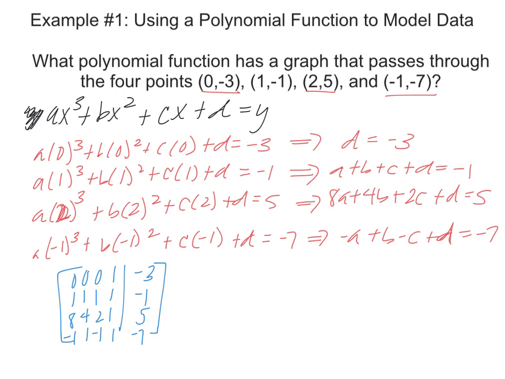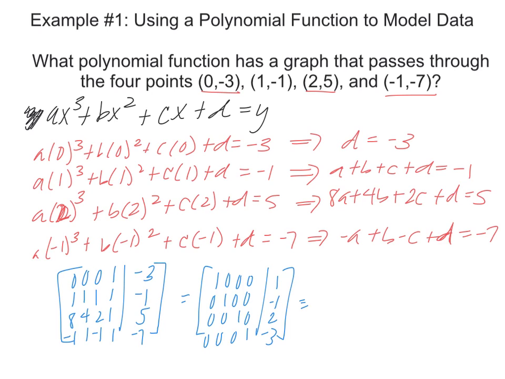then we press second matrix, math, RREF. Oops, actually we have to do that on the home screen, so sorry. Second matrix, math, RREF, and then go back in, second matrix, and we're going to pick name A. Your answer will look like 1, 0, 0, 0, 1, 0, 0, 1, 0, 0, negative 1, 0, 0, 1, 0, 2, and then 0, 0, 0, 1, negative 3, which means that our function